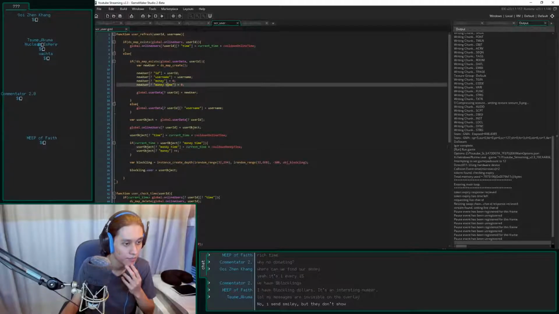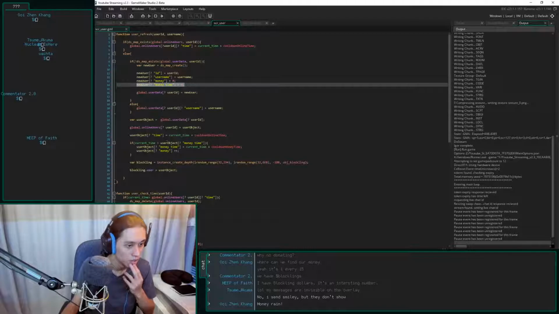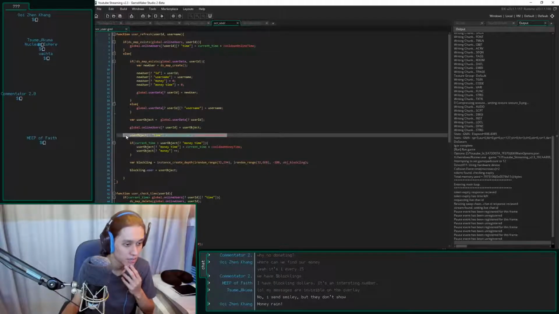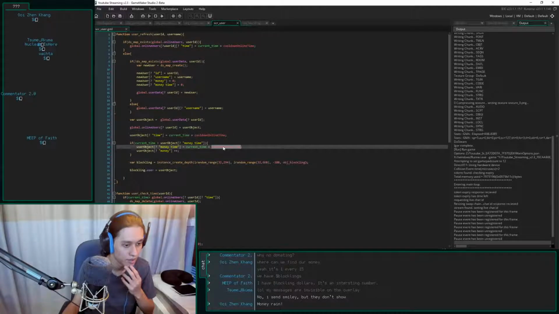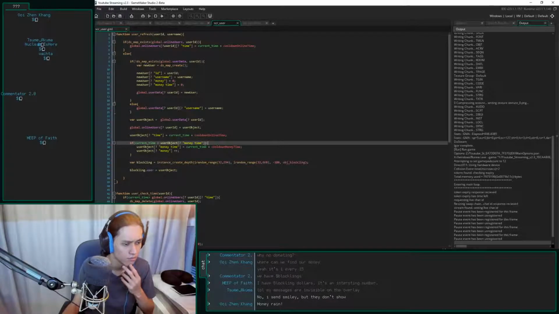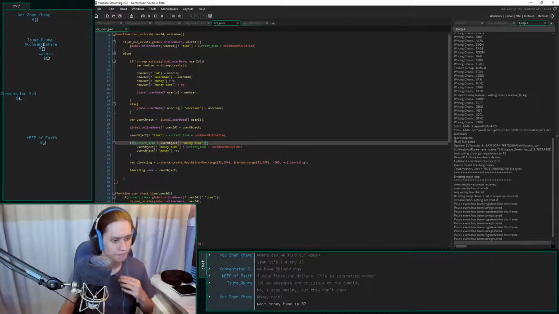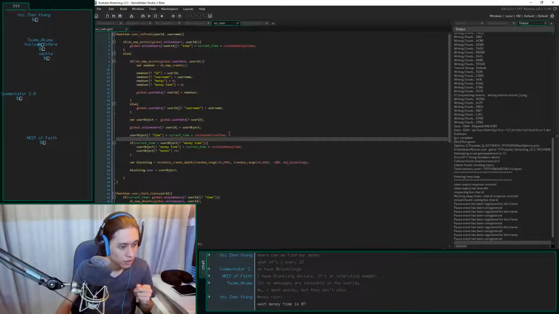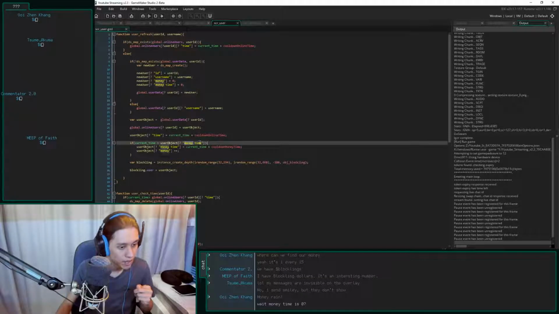Money time, new user money time equals 0. Yeah, meaning your first message you'll get XP, and then I'll set it to current time plus money. Nope. Is it still incrementing? Nope, everyone still only has 1. That's funny. User object time, money time.